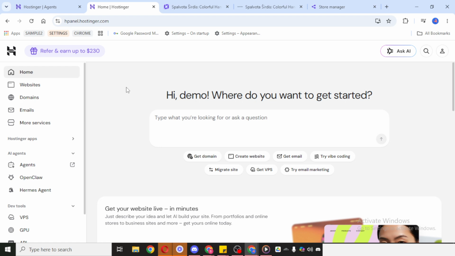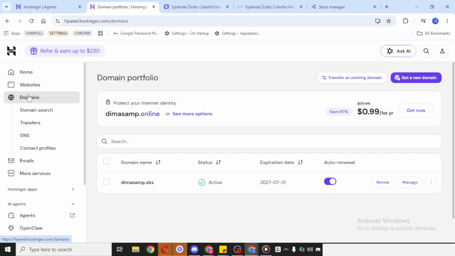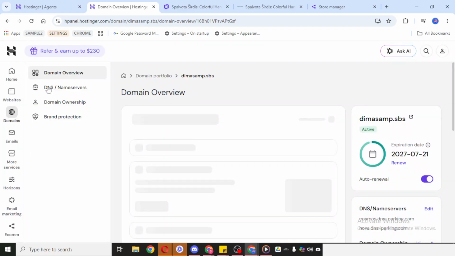After that, click on DNS. This will open the DNS Zone Editor, which is the area where you can view and manage your domain's DNS records. These records control where different parts of your domain point. For example, some records connect your domain to a website, while others may be used for email verification, subdomains, or